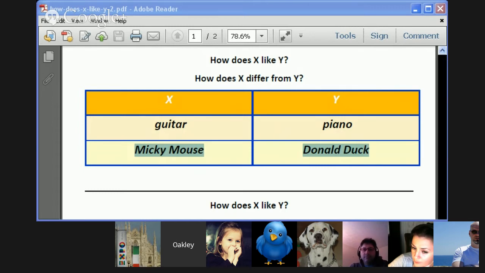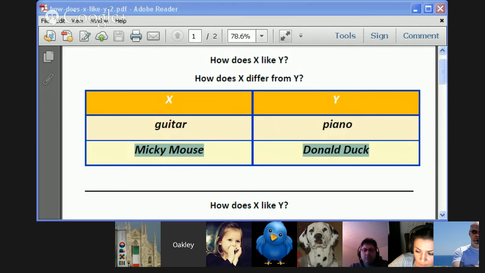Mickey's a mouse and Donald's a duck. We can also use other things like however. We might say however, Mickey's a mouse, Donald's a duck. These are common ways to show that I'm introducing a contrast. So that was a very good example. Thank you, Julia. I was waiting for somebody to do that by themselves without me prompting them.